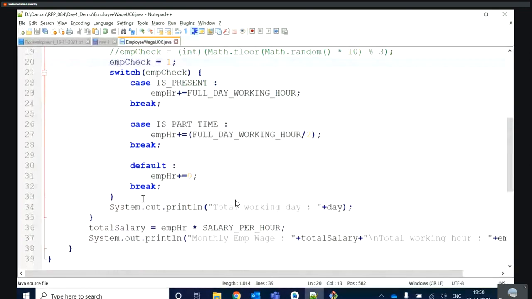Let's print it here, in day equal to 23, every day let's print whether the employee is present or not.